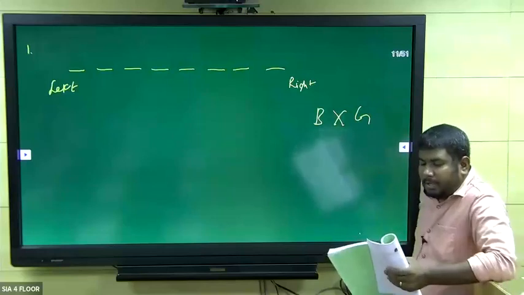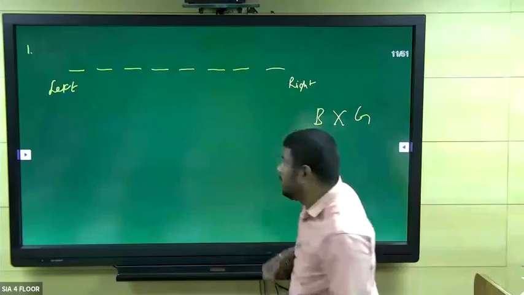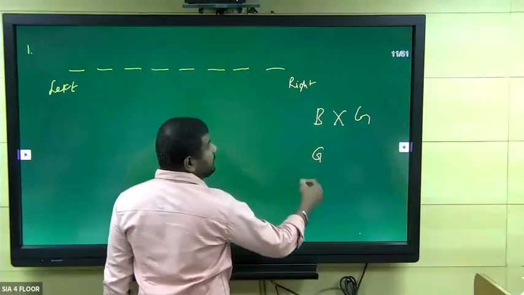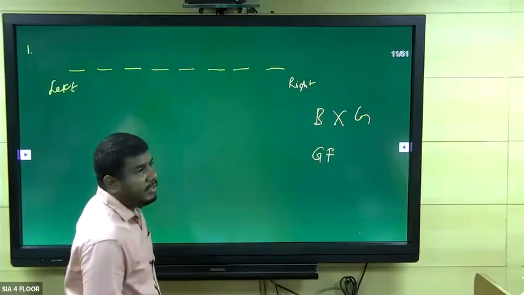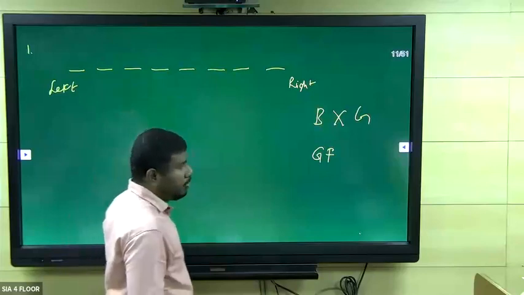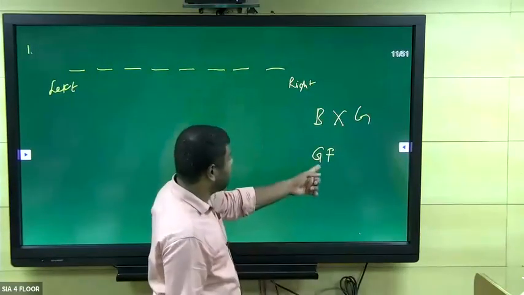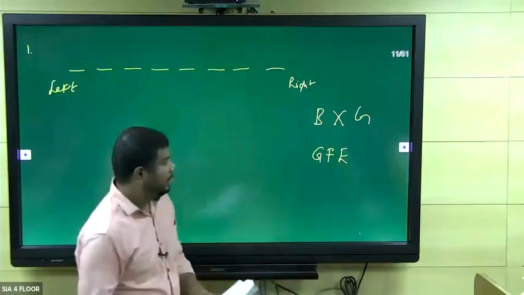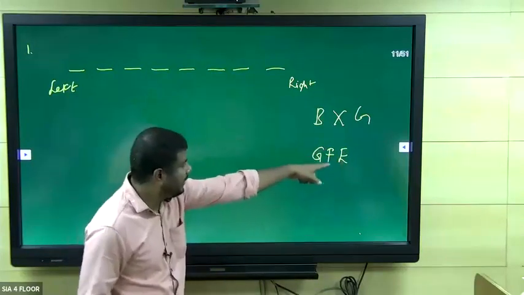Okay. So next one. F is to the immediate right of G and neighbor of E. Listen here, this is the right direction. If G is here, F is to the immediate right of G. So this is G, next is F. And F is the neighbor of E, so there are two places. Neighbors means right and left. To the left, G is there, and the only possible place for E is like this, right? F is to the right of G, and F is the neighbor of E. So I took it like this.